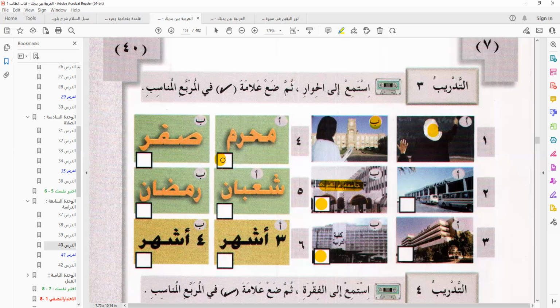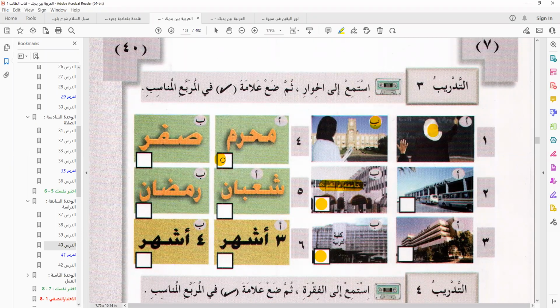Yebda'u. Start. Mata yebda'u. Start. Al-Amu Dirasi, the academic year.